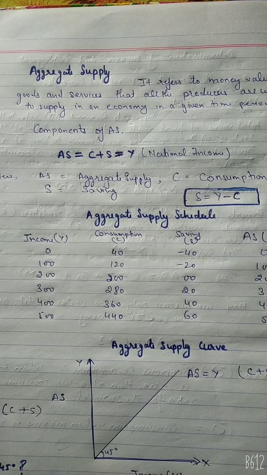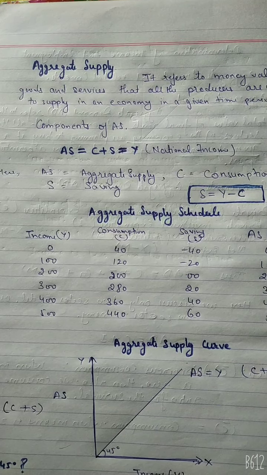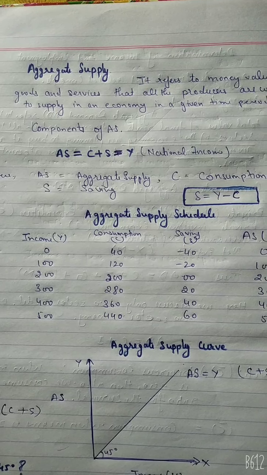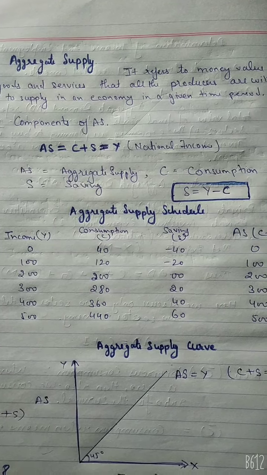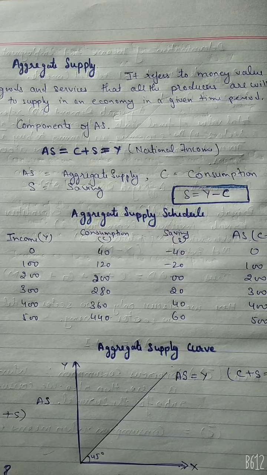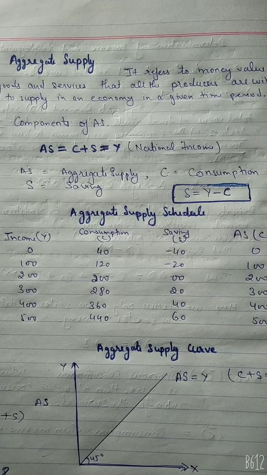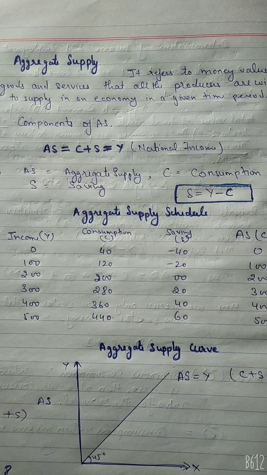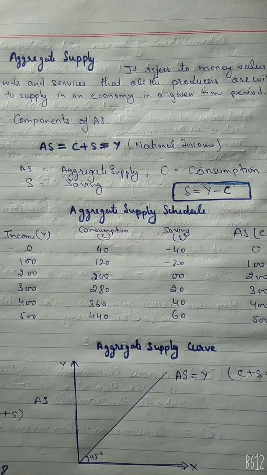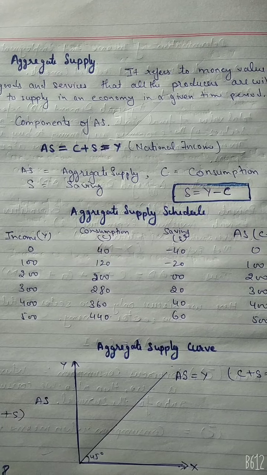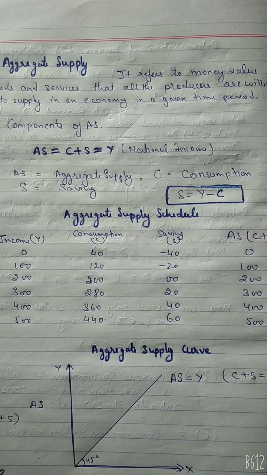If we go deeper, we will find that aggregate supply represents the national income of a country, that is AS is equal to Y. We know that the money value of final output is distributed as rent, wages, interest and profit among the factors of production who help produce the output. Since the sum of factor incomes, rent, wages, interest, profit at a national level is called national income, therefore aggregate supply, output and national income are the same.